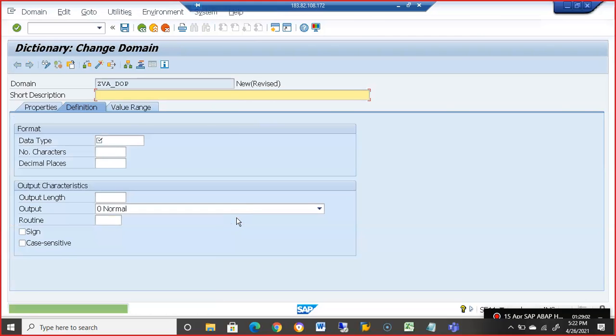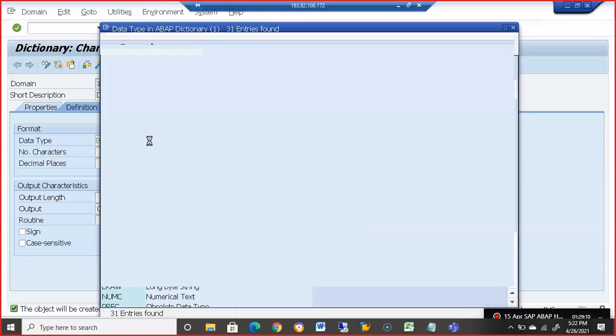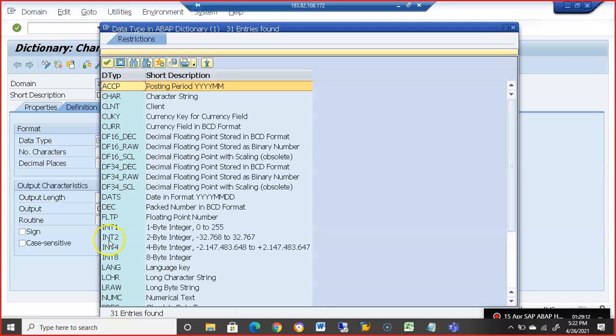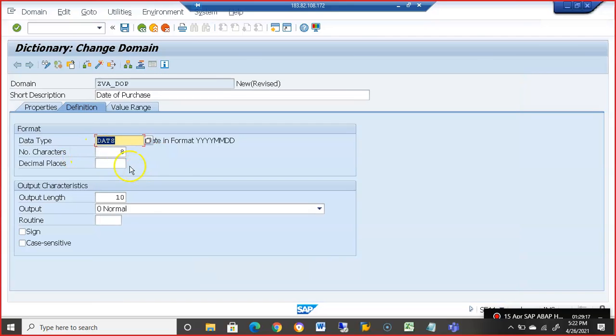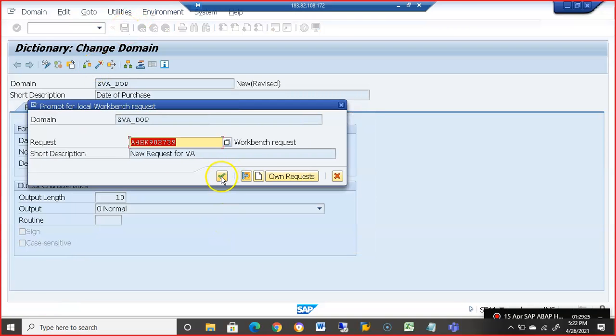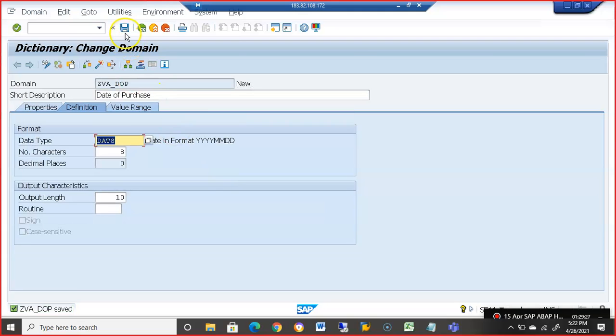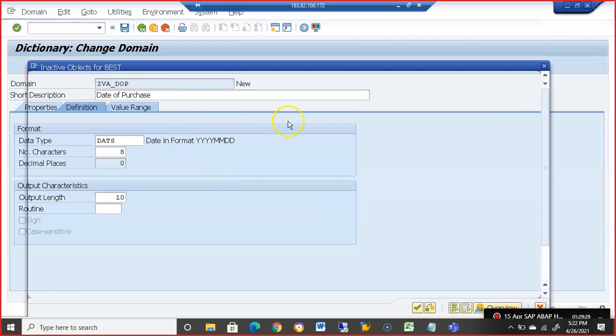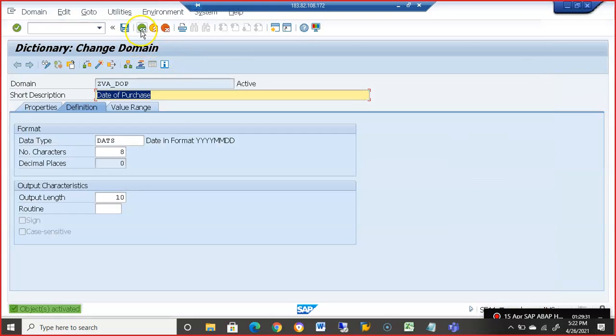Create. Here we need to select it as date, and by default the length will be taken as 8 characters. You don't have to change it. Automatically it will take it like that. Say okay, and then activate this. This is for date of purchase.